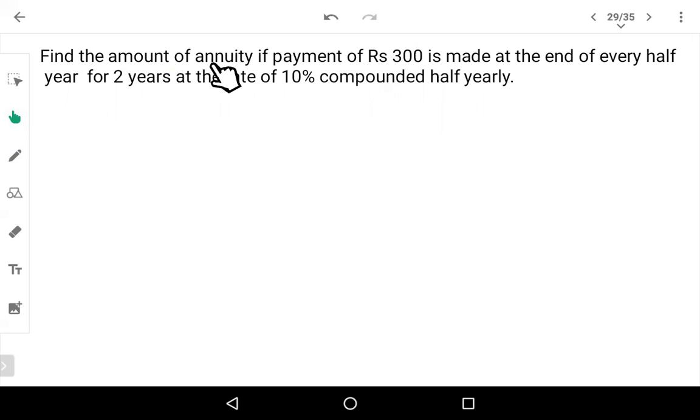Find the amount of annuity if payment of rupees 300 is made at the end of every half year for 2 years at the rate of 10% compounded half yearly. So this is not one full year computation. This is for half year computation. Okay. So here they're asking us to find the amount where the payment is of